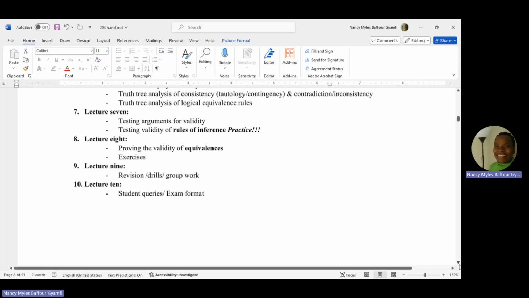Then testing for validity, we polished up the last time. We said if you have an argument as a set of formulas, the way you test for consistency, you do same validity, except that for validity,